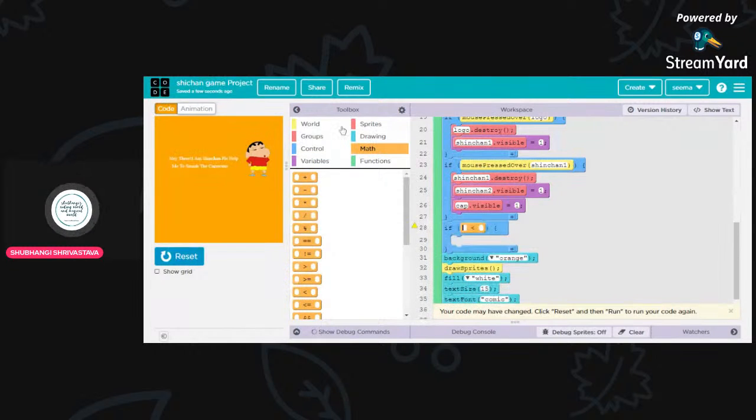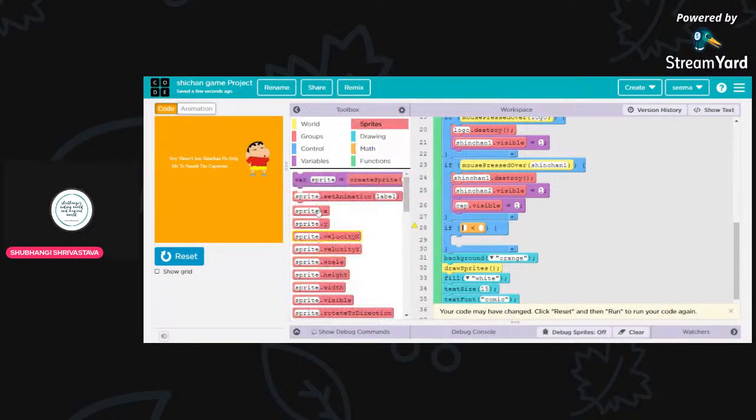So if the cap dot x is going to be less than 0, then I want the cap dot x should be 400 only, but cap dot y should be equal